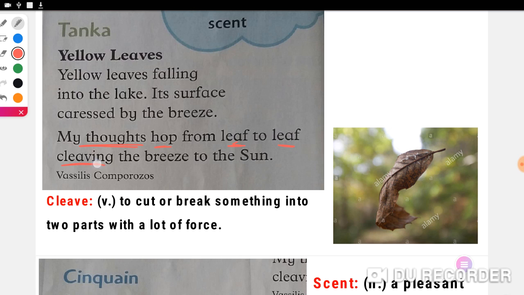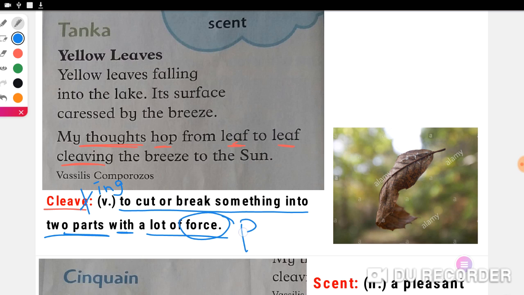What's the meaning of cleave? Cleave is a verb, but what did they do? They crossed the letter E and they add ing. Cleaving the breeze. Cleave means to cut or break something into 2 parts with a lot of force. Force means power. Okay? So he has thoughts and ideas, and he imagined that his ideas, they are like leaves